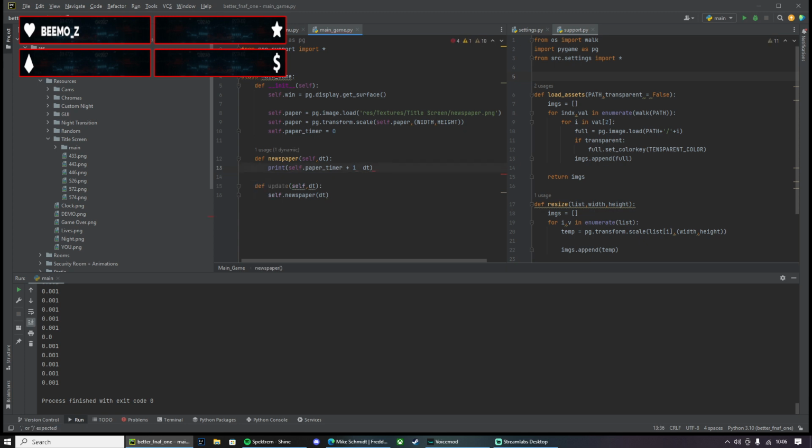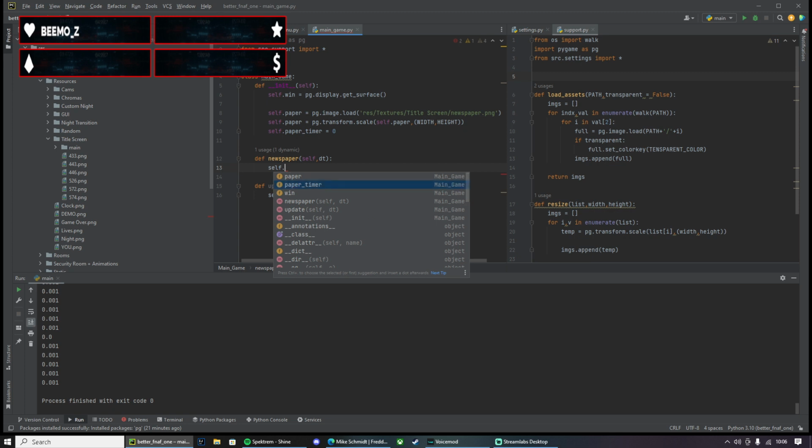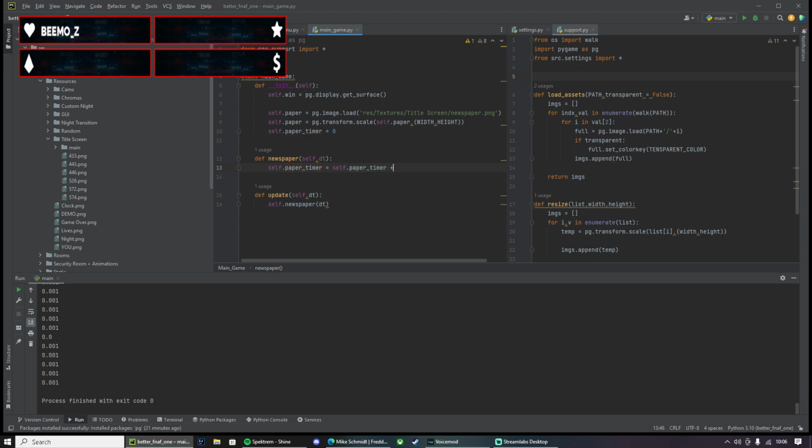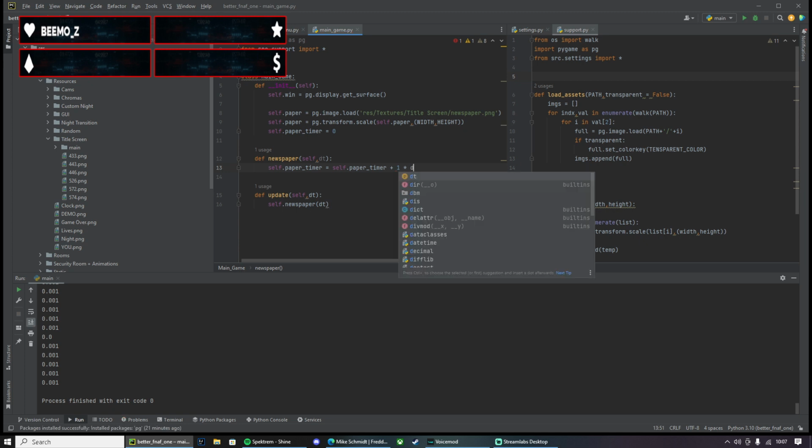Or is it multiply? I don't know anymore. Alright, let's just try it. Self dot paper timer equals self dot paper timer plus 1 times delta time.